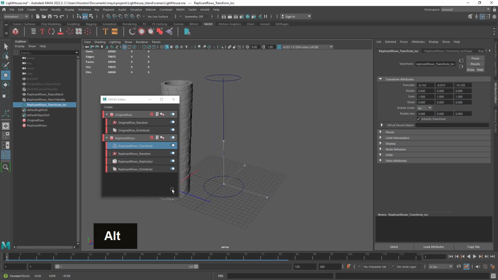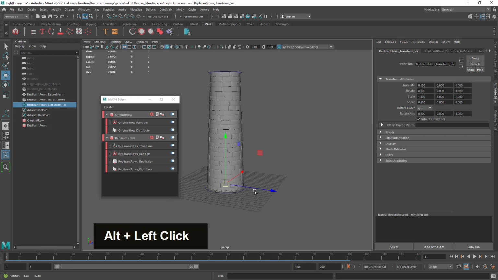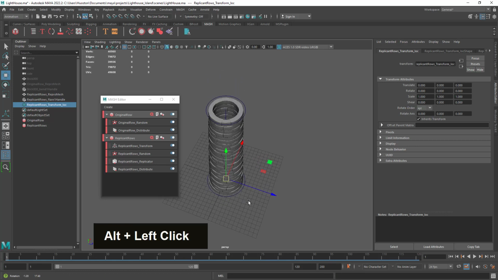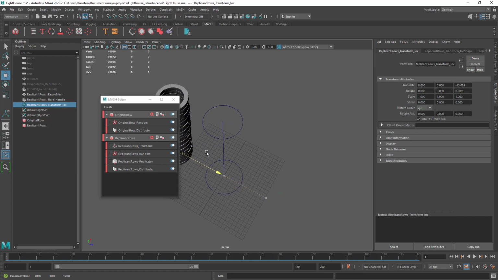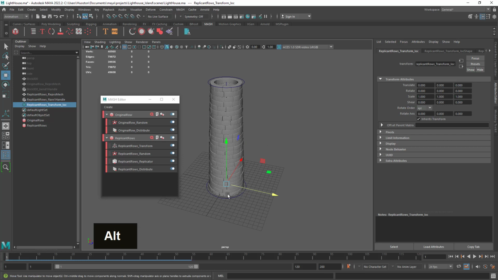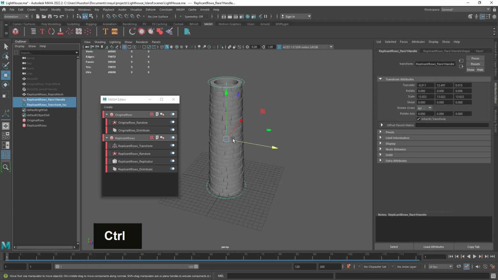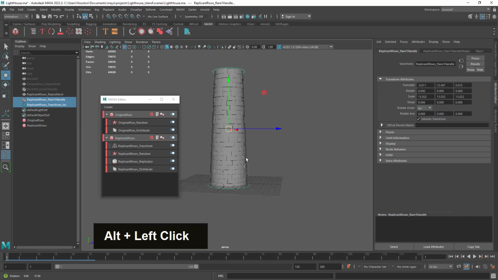So with this handle, you can move whatever you want. But remember that you have a flare on this guy, right? If you try to move this object without moving the transform handles, what is going to happen is you are going to lose the influence of the handle over this object. What you have to do is select this guy here, which is the transformation, right? Hold Control, select the flare, and now you can move both at the same time, and you are not going to lose your